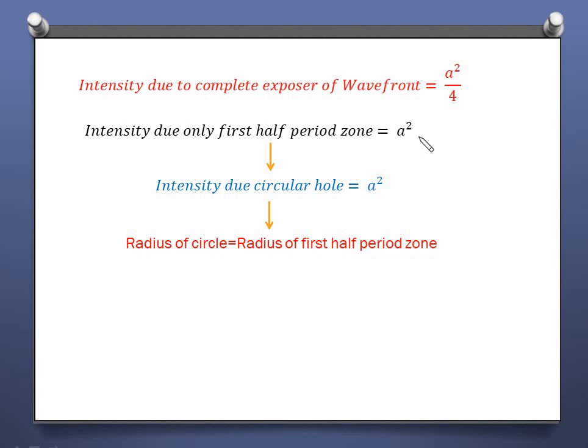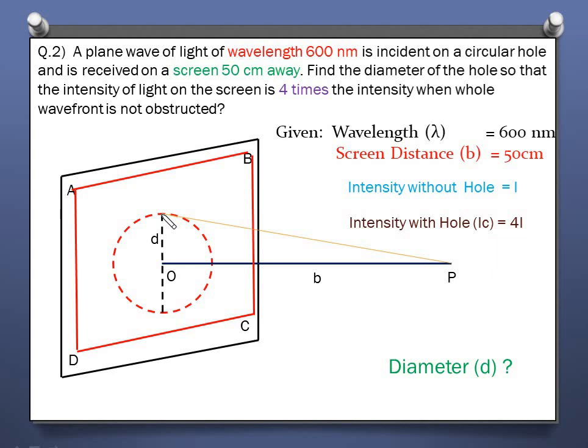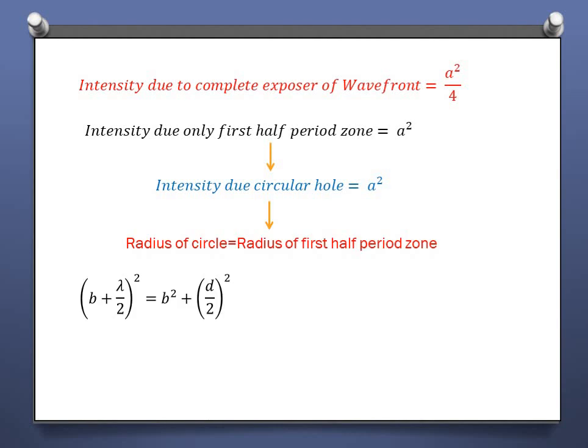Now from that triangle, if this is the outer radius of the first half period zone, and the distance between O and P is b, then the distance between the point on the circumference of the circle and the point P will be b plus lambda by 2, because each zone is separated by a distance of lambda by 2. So we can write this equation,